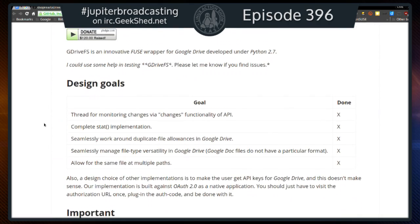Probably a lot of you have heard of this before. This has gotten some recent improvements, and I've been playing with it a little bit, and I like that it doesn't require your credentials. It uses an API key from Google, which is very nice. The idea here is you mount this, and I'm not saying I'm going to use this because I would probably then want to use it with something like EncFS on top of it even. But I wonder if anybody out there has experience with this, because in my experimentations over the week,